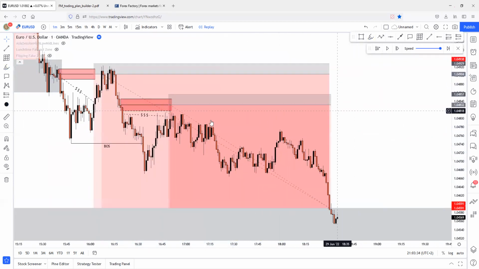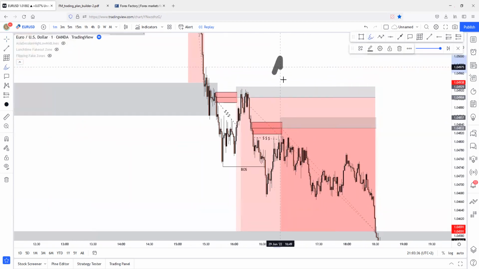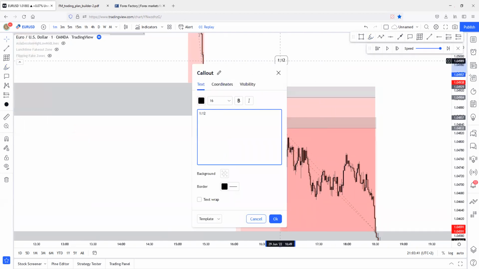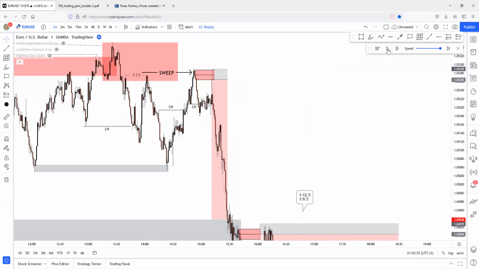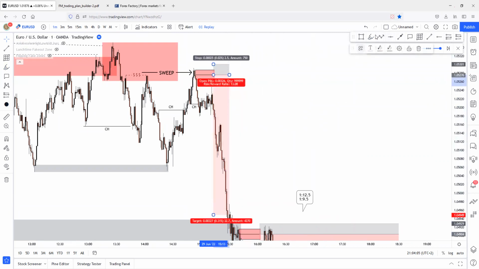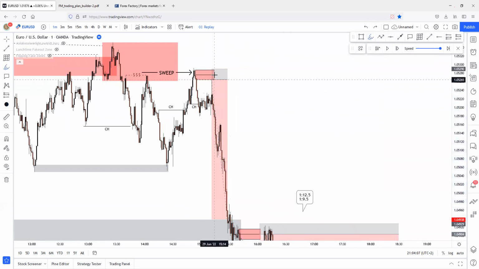Yeah, that's it. Let me just count. 12.5 for the first, and 9.5 for the second. And if you consider this as a tag or a no tag, I don't really care. This is a really, really good scenario too. I won't consider this because we did set a limit order on the 50% and not on the full body. So technically we were not tagged in the trade.